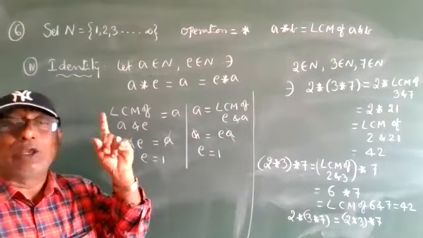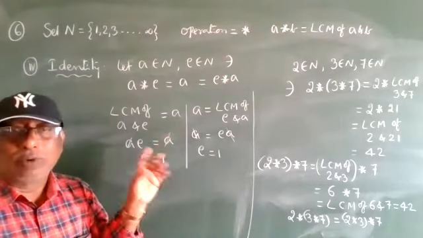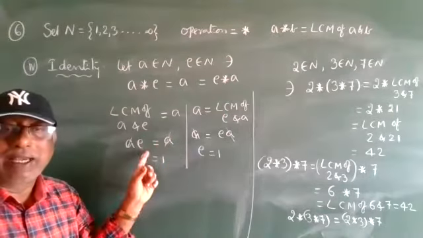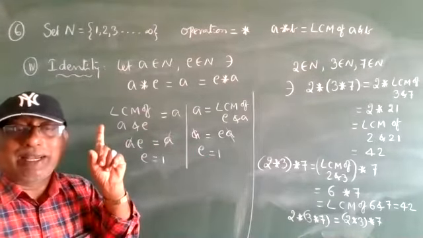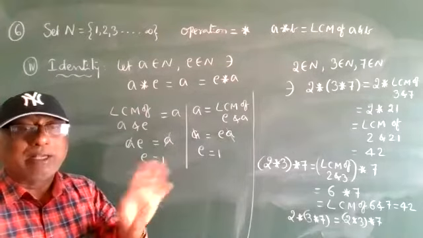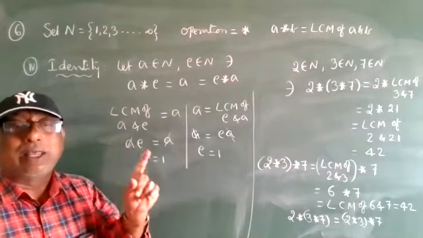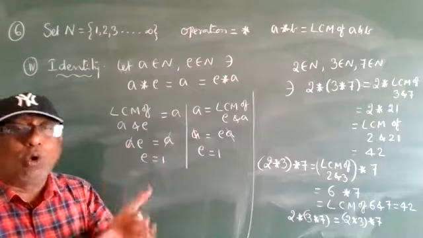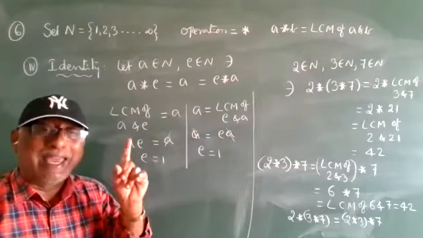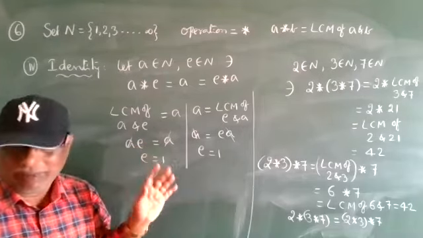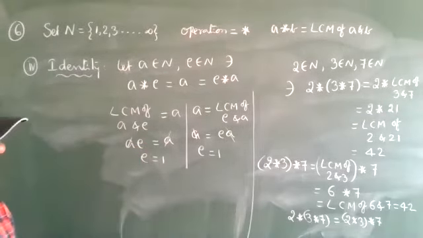The identity element is unique. There is no question of two. Why am I doing the left and the right? It is the only one. So in total, the identity element is unique. But the inverse is not unique. Every element has its own inverse, but for identity, all elements have the same identity value. Is everyone clear? Is identity clear?